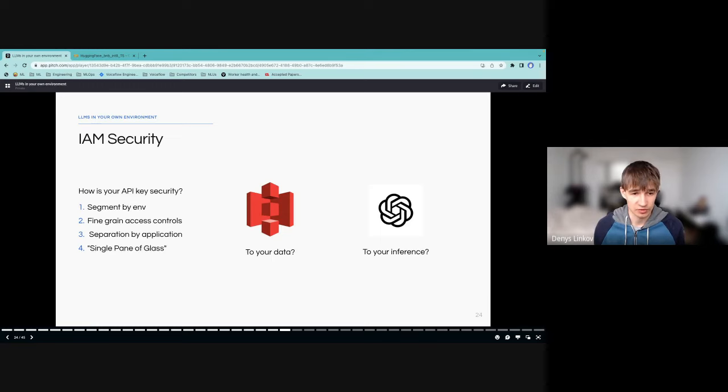So recently, OpenAI allowed you to name your API keys, which is great, because then you can say, okay, this is a dev API key, this is a staging, and this is a prod one. They have access to the same models still, but at least if something goes bad, you can disable one of them. So in general, for these kinds of things, for IAM security, what you want to care about is